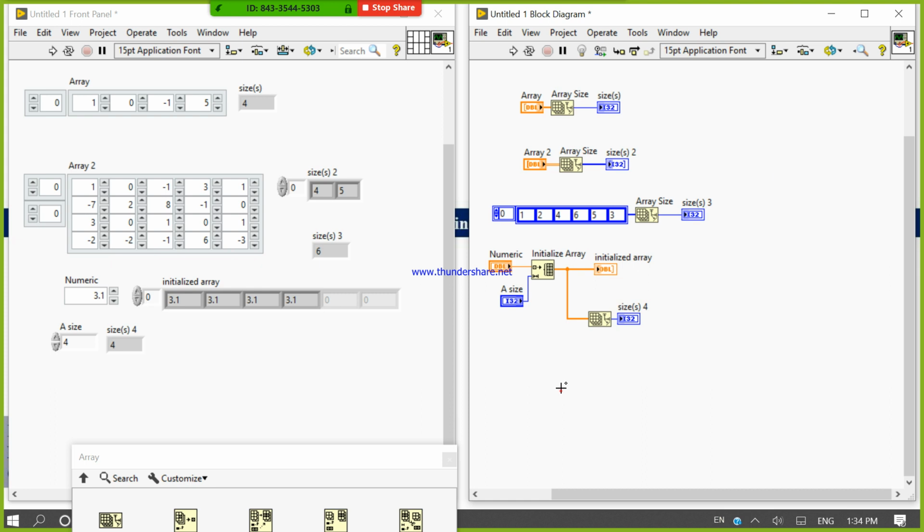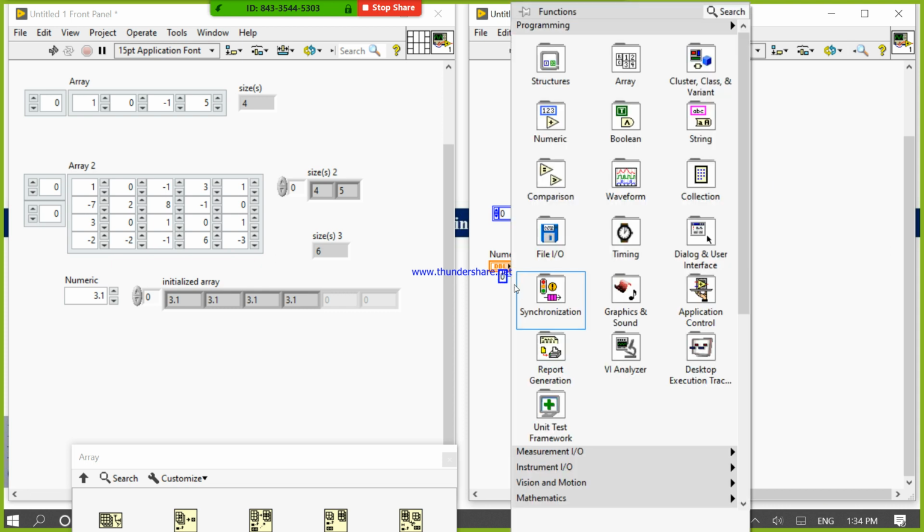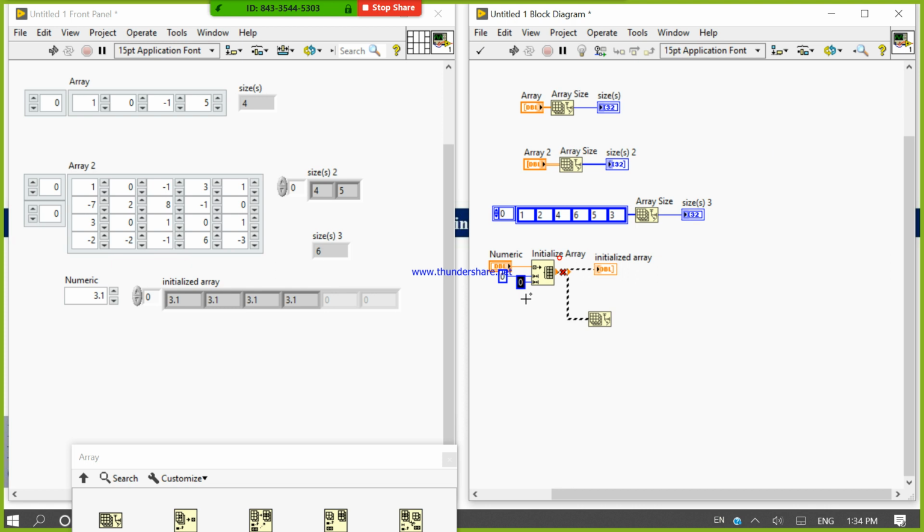Let's see what I am going to do. Right click and drag it. Now there are two, one is for the column and one is for the row. I think the upper one is for the row, sorry, and the lower one is for the column. Let's see, 3 cross 4.